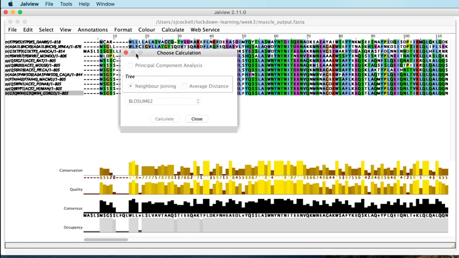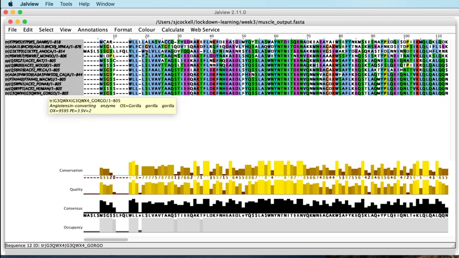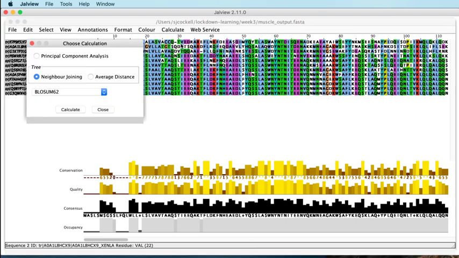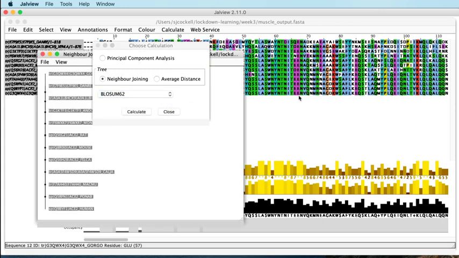Although I don't quite know why this is all greyed out. Maybe we have to highlight all of the sequences. Yes, there we go. You had to highlight the sequences. So highlight the sequences, and then that allows you to calculate a neighbour joining or an average distance tree from that alignment based on a particular substitution matrix. So we're going to use the BLOSUM62 matrix because actually it makes a lot of sense for the relationship between these sequences. Press calculate, and we get a tree which is not a very interesting tree because these are